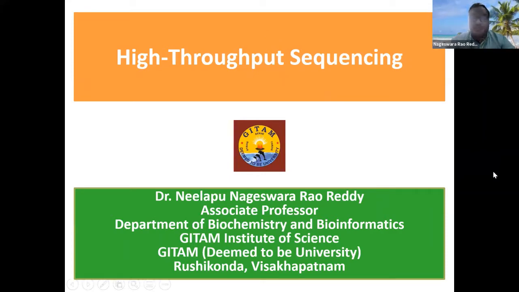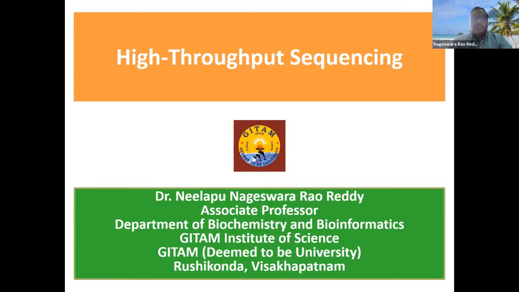So, in continuation with the previous session, we have seen next generation sequencing technologies. Now we'll look at the third option of genome sequencing strategies. We have seen the first option is shotgun, the second is hierarchical genome sequencing, and the third is high throughput sequencing. So now we are continuing with that third one, high throughput sequencing.